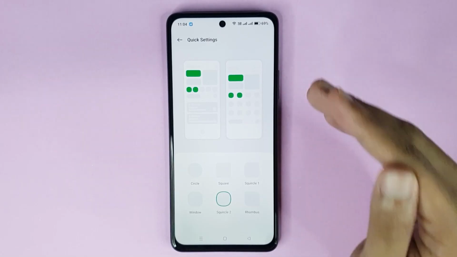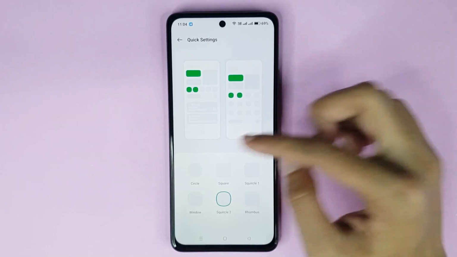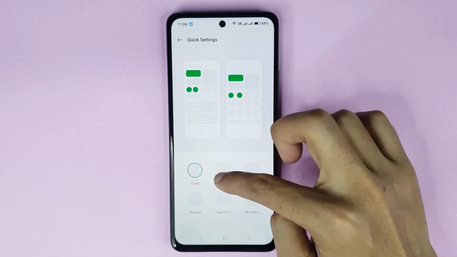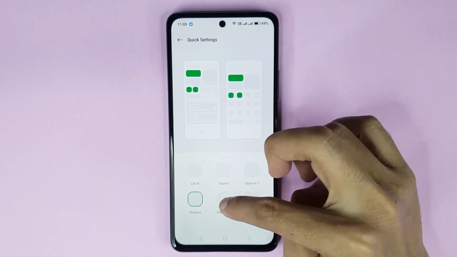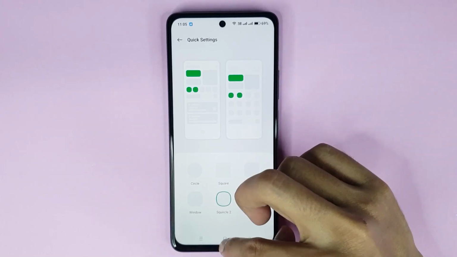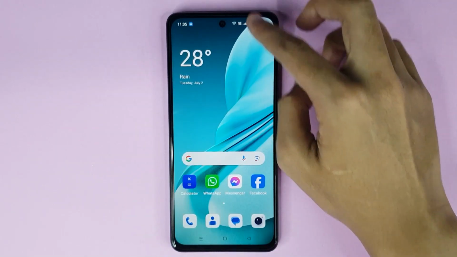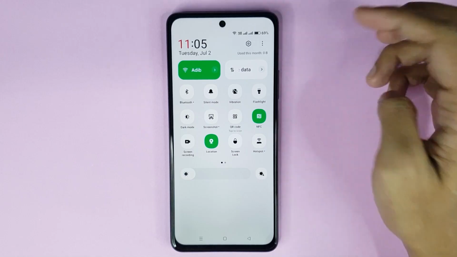You can change your quick settings button shape from here. You can see 6 options here: circle, square, rhombus, window, and you can set any shape as you like. And it's changed successfully. Now if you scroll down again and then tap on 3 dots at the top right